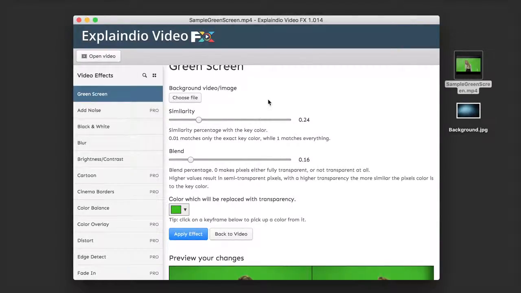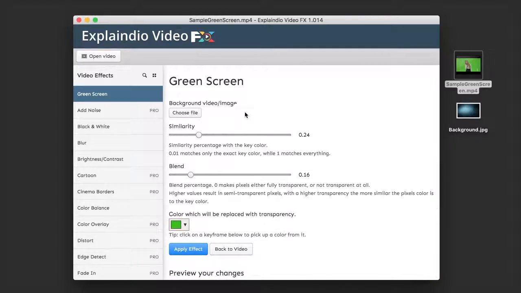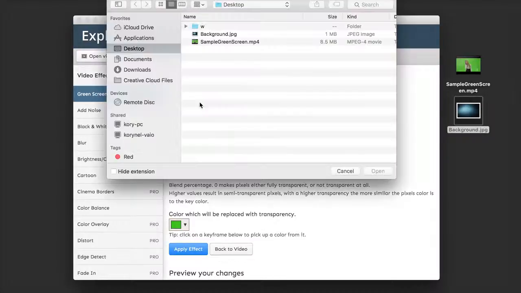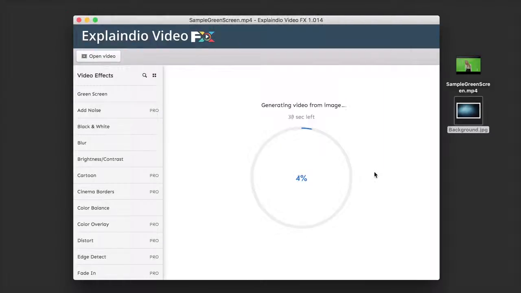So for the green screen, first I need to choose a video or an image that I would like to use as my background. Now, I do have this sample background image that I would like to use, so I'm going to click on choose file, and then I'm simply going to select my background and click on open. Once I do that, Video FX is going to take my background image and load it into my video, and then we will be able to see a live preview of what exactly that looks like